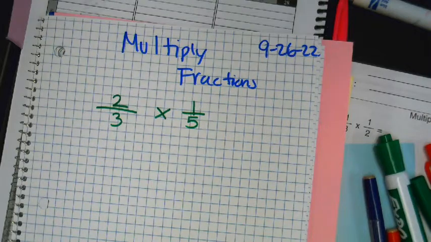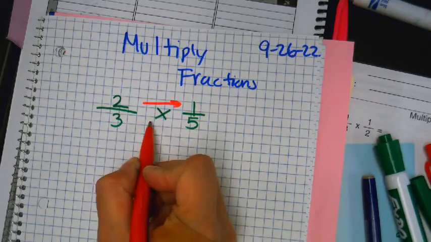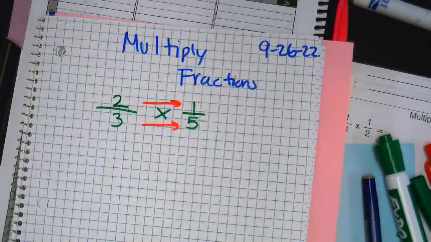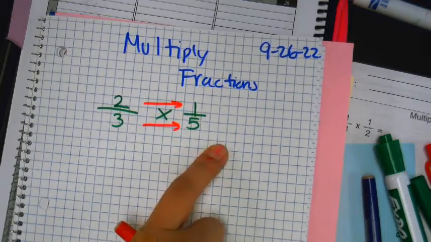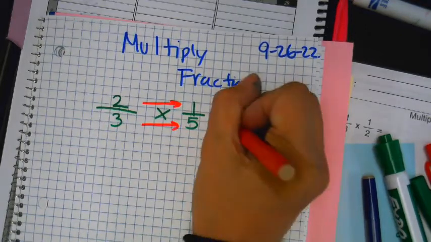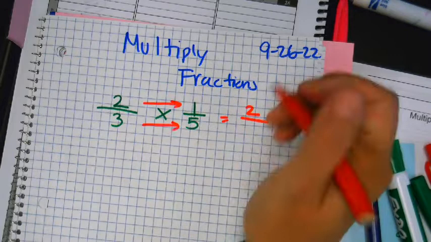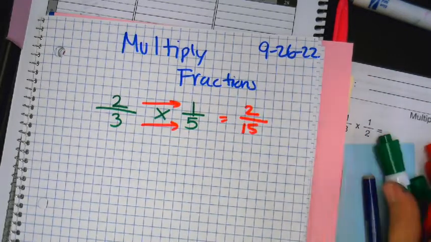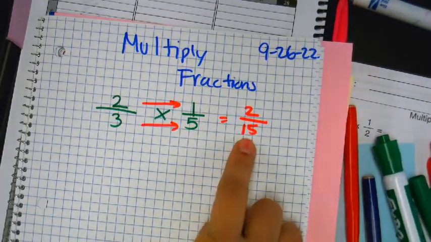That's 2/15. Good. All you have to do is multiply straight across. There is no common denominator. There's no hard stuff about it. All you do is multiply straight across. 2 times 1? 2. 3 times 5? 15. But before you type this as your final answer on the test, try to see if you can